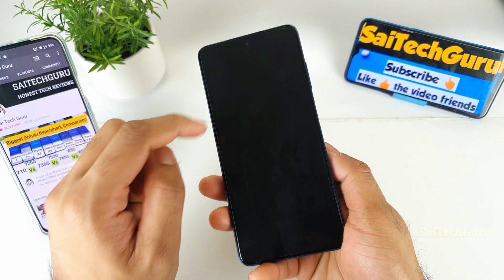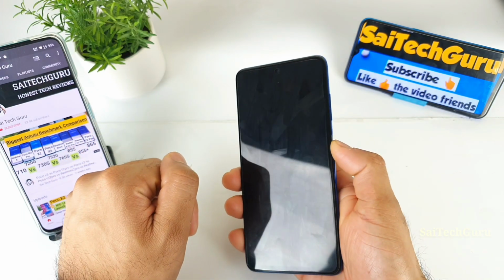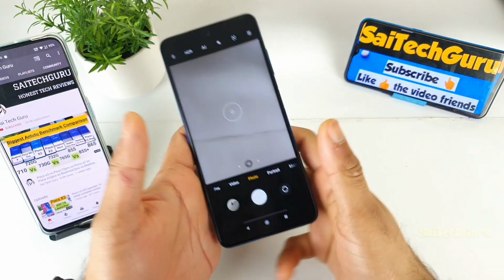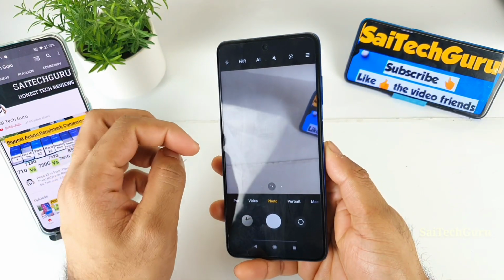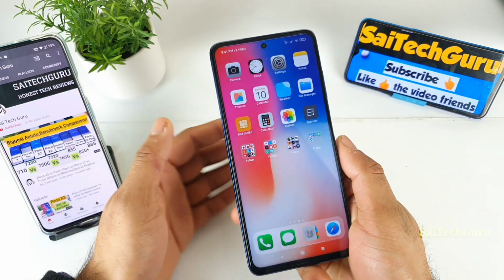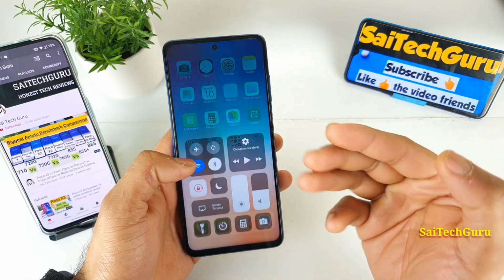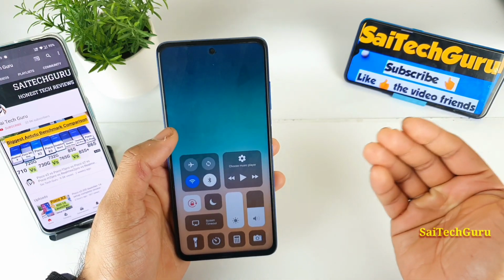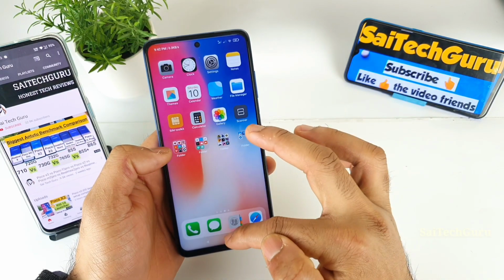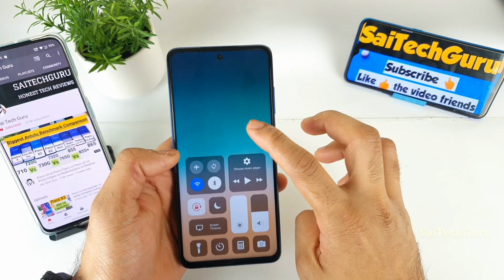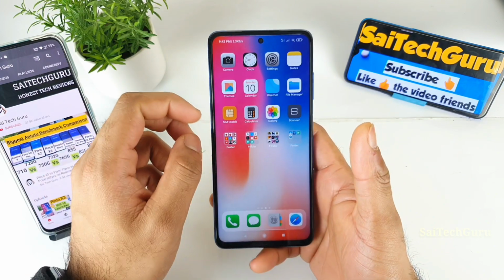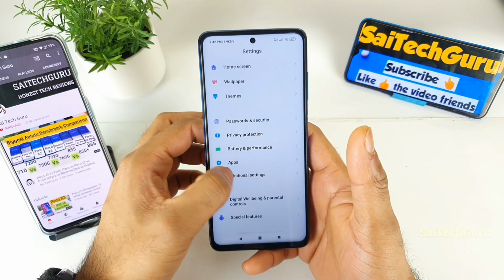So right now the phone is locked, as you can see here. So let me double press. As soon as you double press, the camera application will be opened if you don't use any other lock screen application. Right now I'm using a lock screen application which is similar to the iOS lock screen, which I'll be doing an in-depth review of as well: how to use this iOS launcher, how to use this iOS control panel, and how to use the lock screen as well. So stay tuned for that video which is coming. So overall, in this way you can program the camera to open.